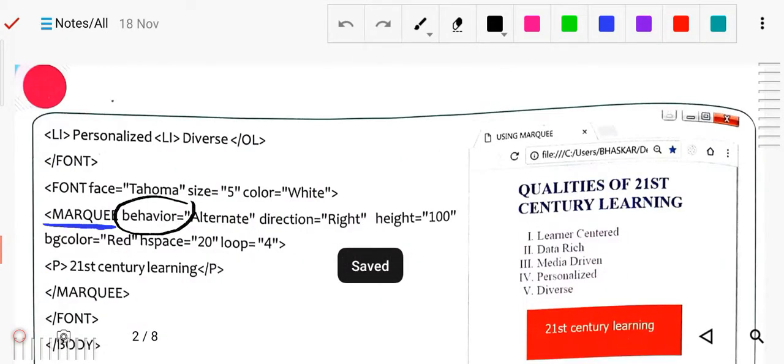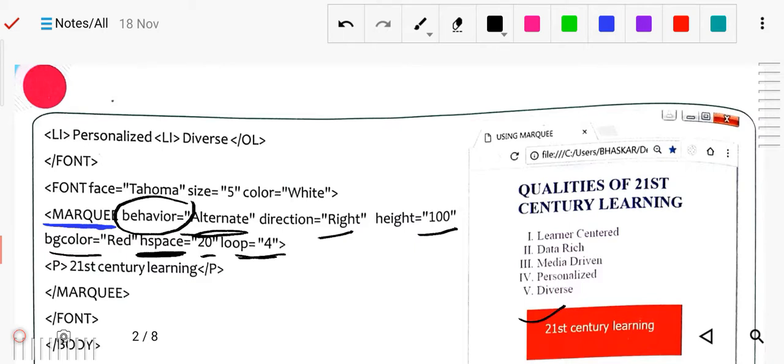So here you use behavior, and its value is alternate, so one after one. This attribute defines how the text scrolls. About direction, it is defined as right side, height is 100, background color is red, hspace is 20, meaning horizontal space, and loop is 4, meaning 4 times.